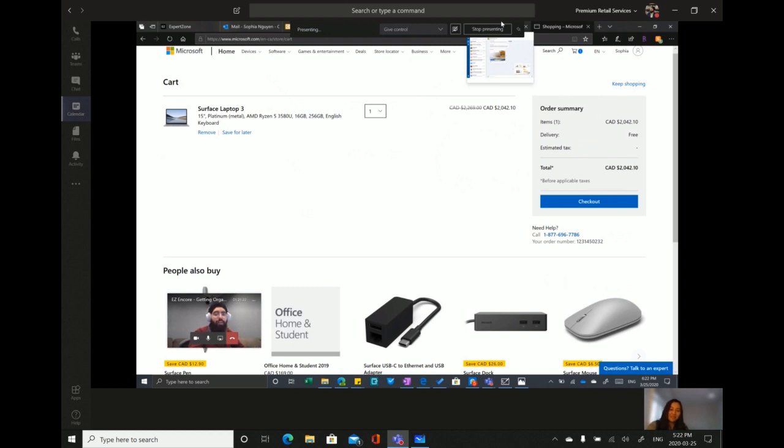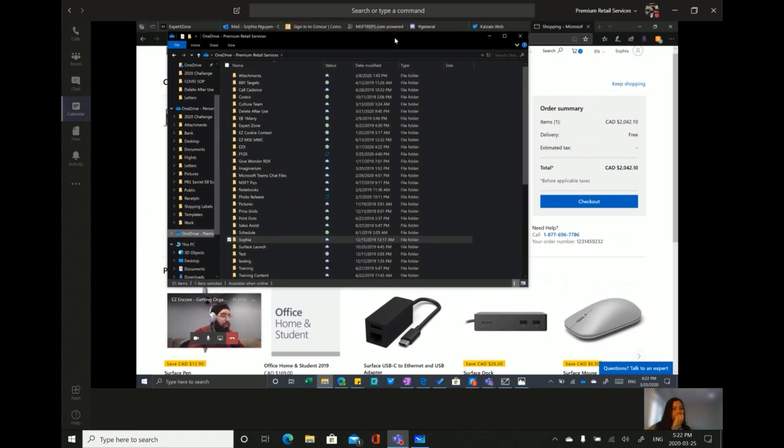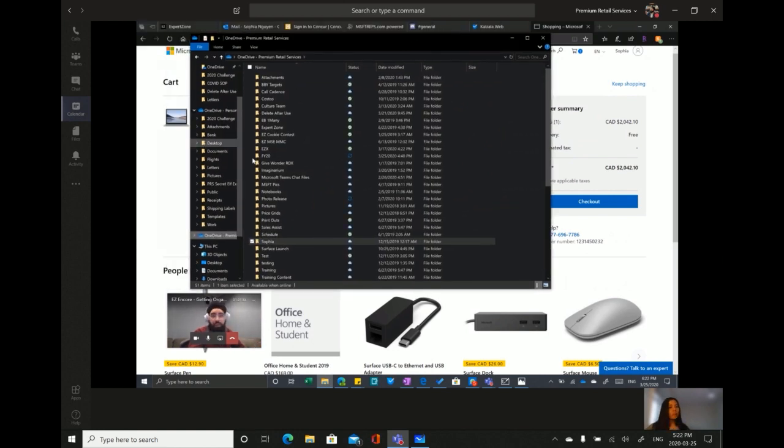So in terms of your OneDrive folders, I know you said you tend to get a little bit organized and save everything into the OneDrive. Are there different ways or methods that you like to upload things or get organized in those OneDrive folders? Yeah. So the neat thing about Windows,